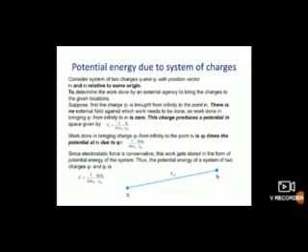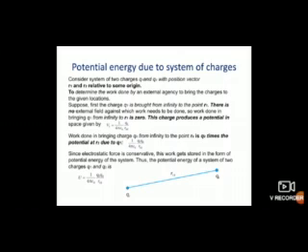In this, we are going to make one assumption: first we are going to bring charge Q1 from infinity to a point. Then we are going to bring the other charge Q2 from infinity to a point, so that it is at a distance R12 from Q1. Then we are going to work out the amount of work done in bringing them. Now let us go for the concept.